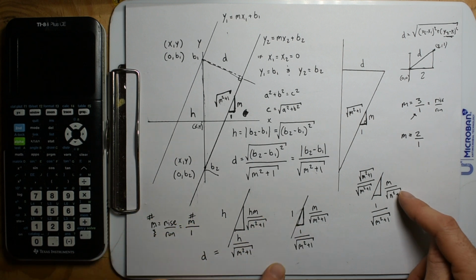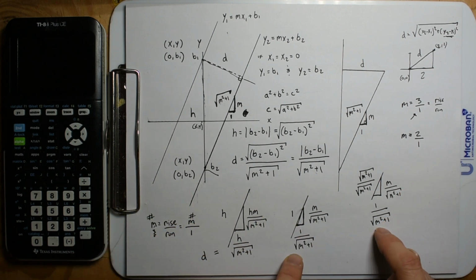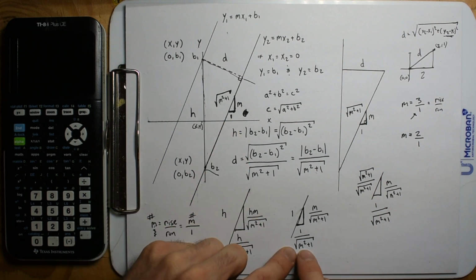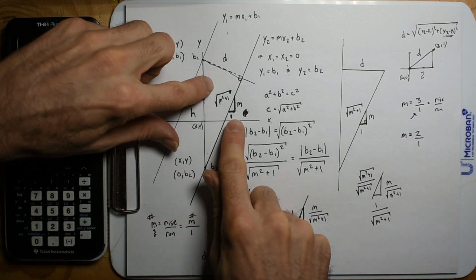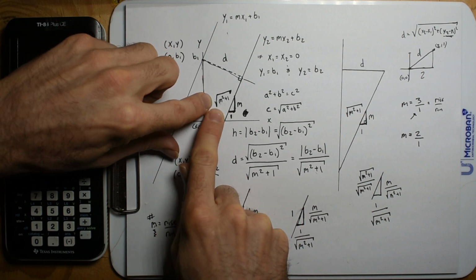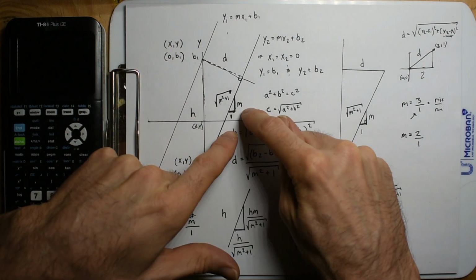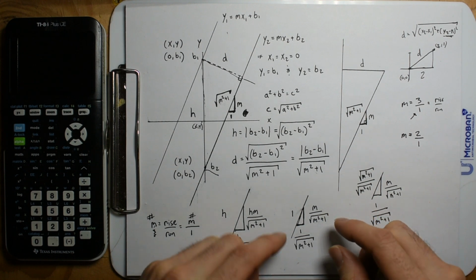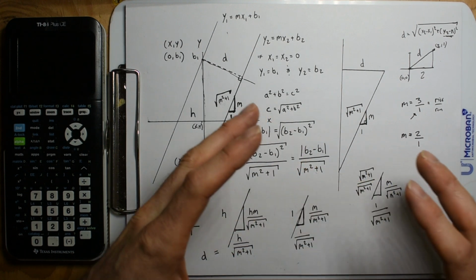It gets this side to equal m divided by the square root of m squared plus 1, and this side to equal 1 divided by the square root of m squared plus 1. So going from here, divide everything by that square root of m squared plus 1. I'm going to divide by that square root, so that's where we see those. All right, so this is a triangle that would be proportional